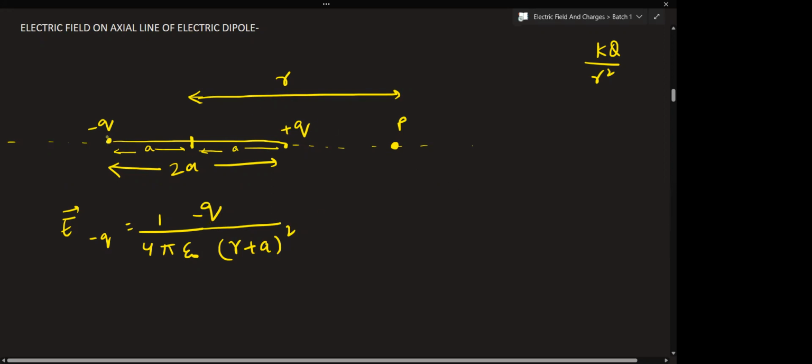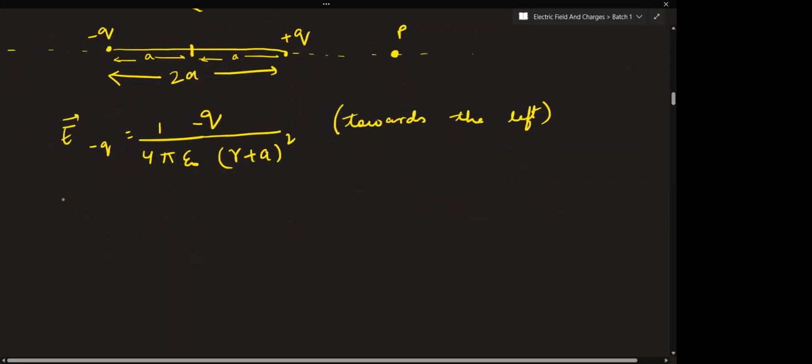And then we have to see the direction as well. Direction of electric field. So minus q charge is there, so the force will be towards this charge. So electric field due to minus q will be E minus q, and it is towards the left. Now similarly, we have to calculate it for the positive charge. The difference will come when we are writing this separation. Here it will be 1 over 4 pi epsilon naught multiplied by the positive charge q, divided by